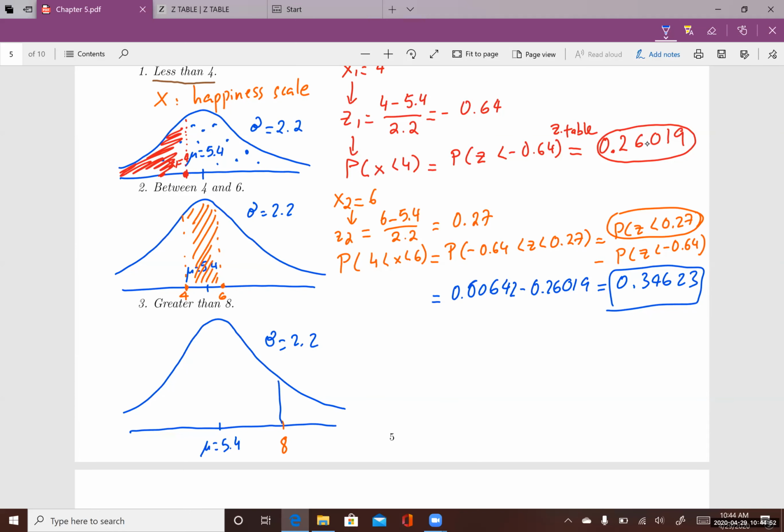Greater than 8, so we're looking at this area to the right of 8. So again, we have another value. Let's call x3 equals 8. Then z3 should be equal to 8 minus 5.4 divided by 2.2, which is